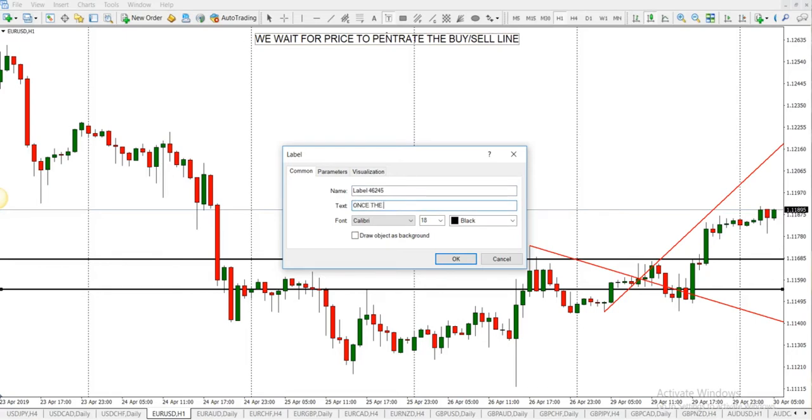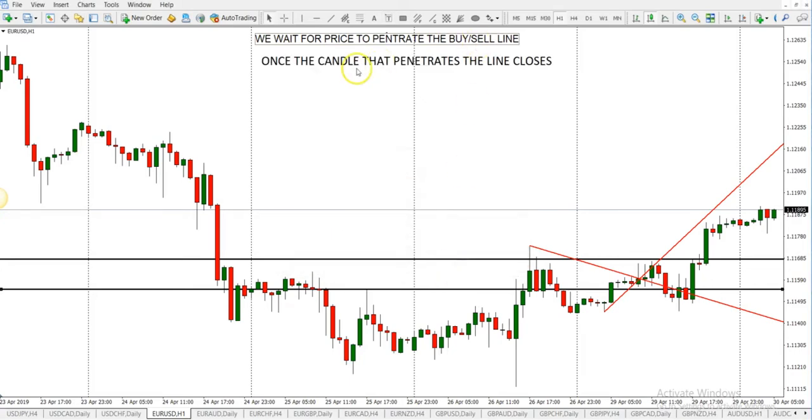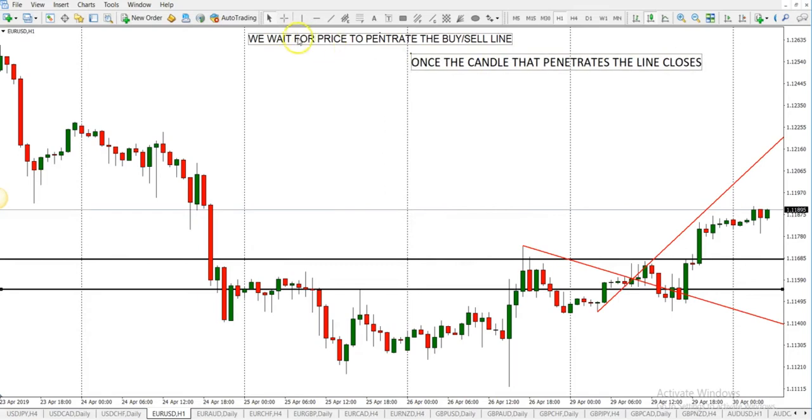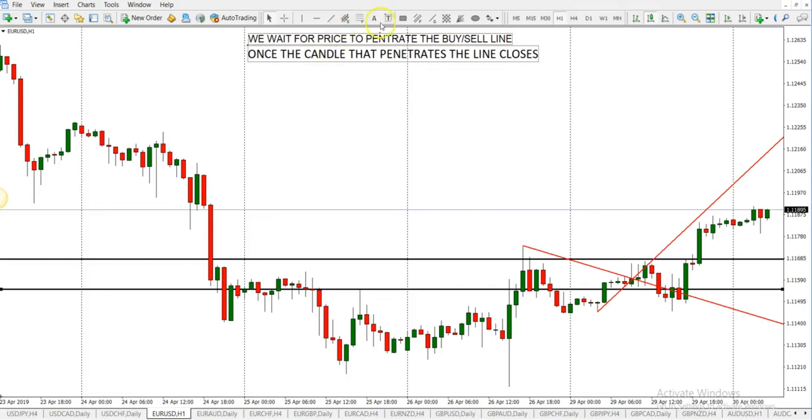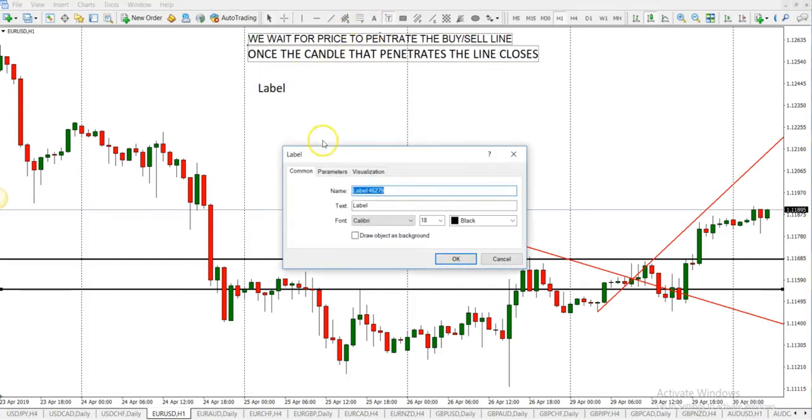Once the candle that penetrates the line closes, we go. So if it penetrates the buy line,